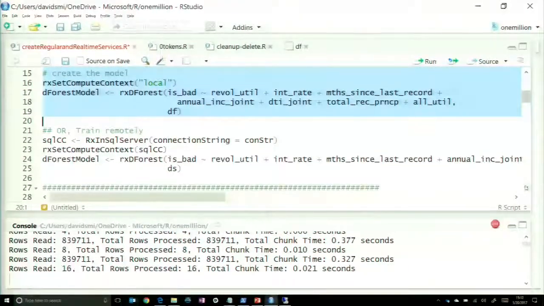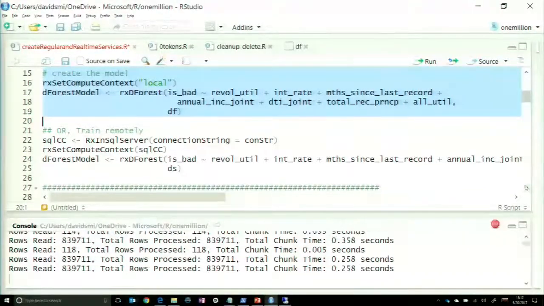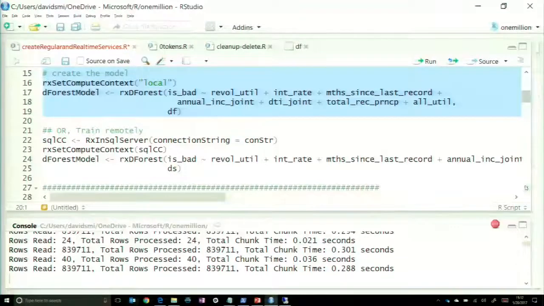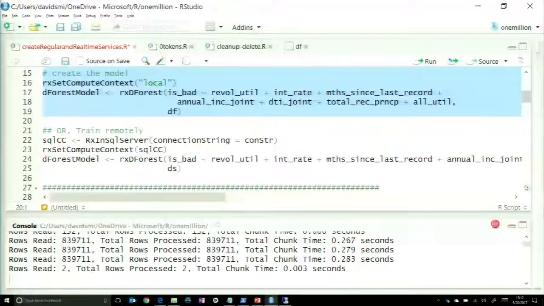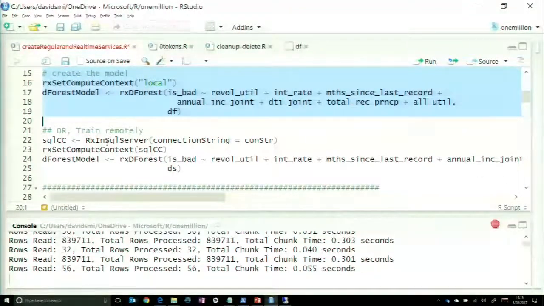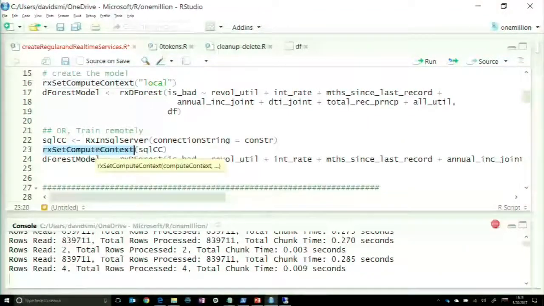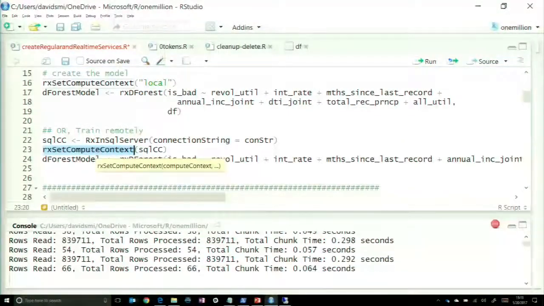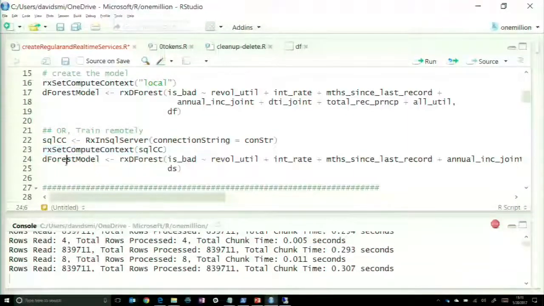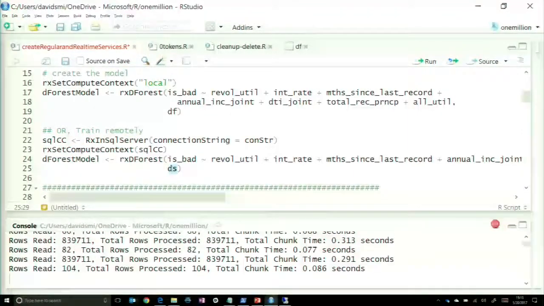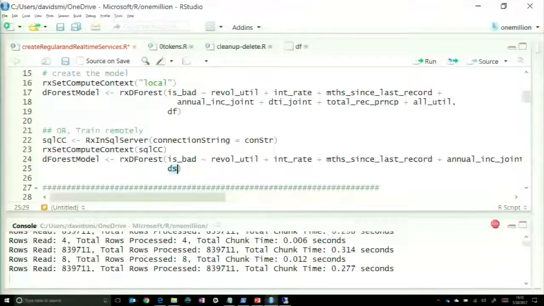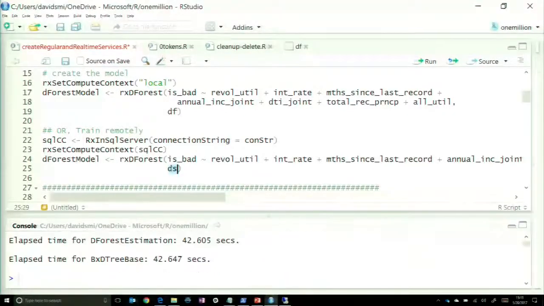I'll also mention, just while it's going, that I did have the option, if I'd wanted to, to skip the whole step of importing the data. I could have done the training of the model over in the remote server, which is much more powerful, as we'll see, just by changing one line of code, which is this set compute context. Just to say, do the computation within SQL Server rather than my local laptop, and then process the data against not a data frame on my local machine, but an actual query over in SQL Server. But as you can see, that's done now. I've got a random forest model that I can work with.